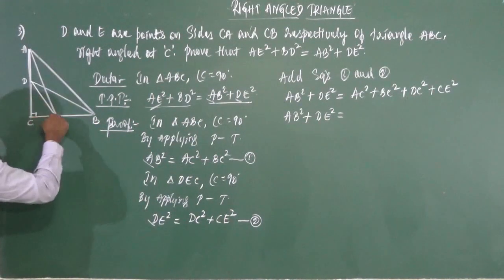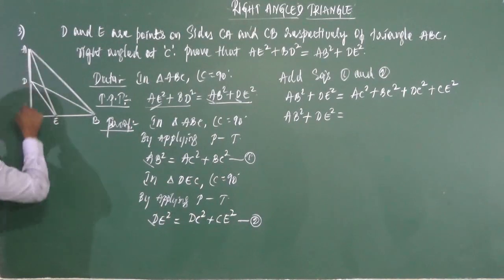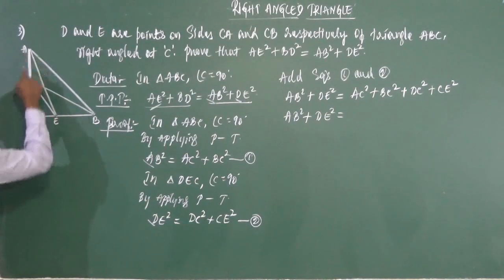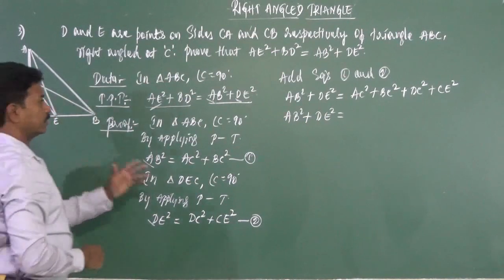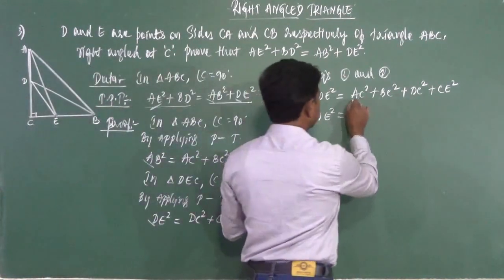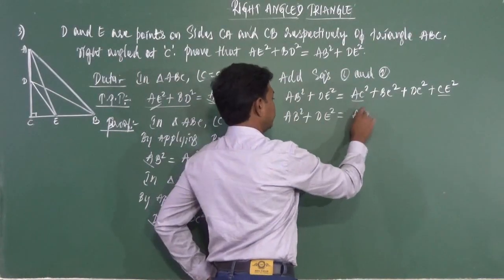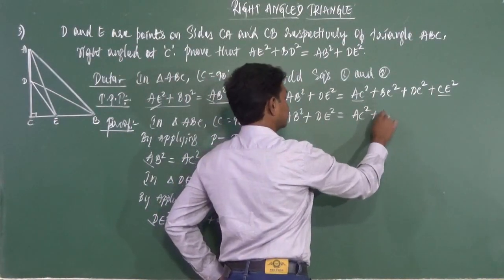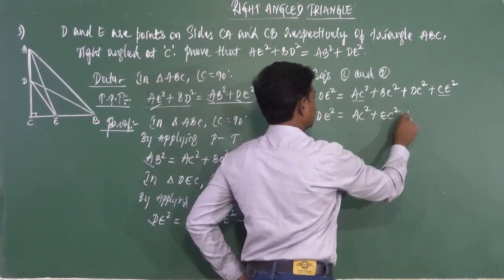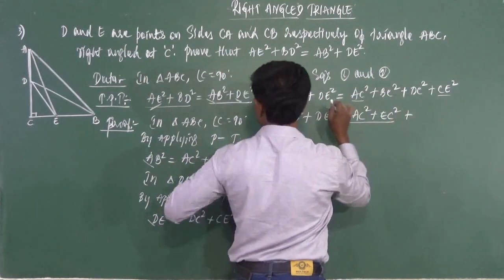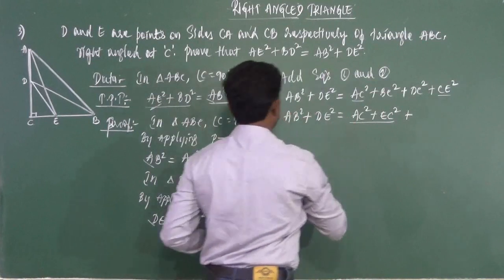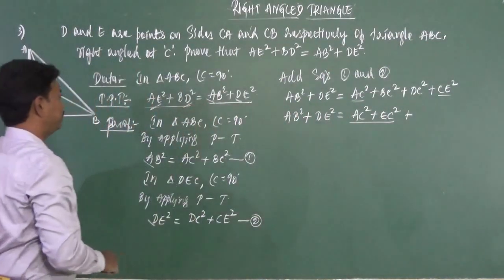in triangle ACE, you have to add AC square plus CE square. You have to take a combination. So here we have AC square and we have EC square. Combine those 2 elements, AC square plus EC square, or CE square, anything. When we add these 2, we get AE square. So now, when do you get BD square?